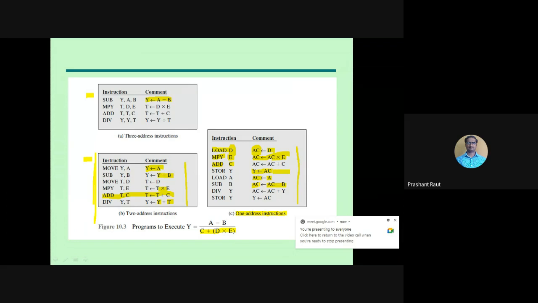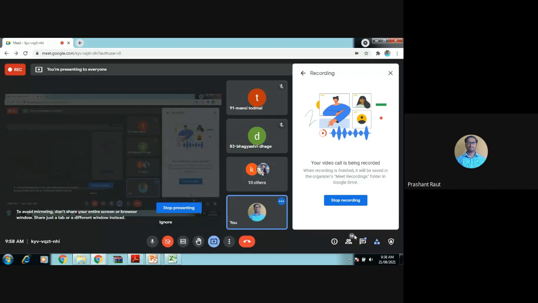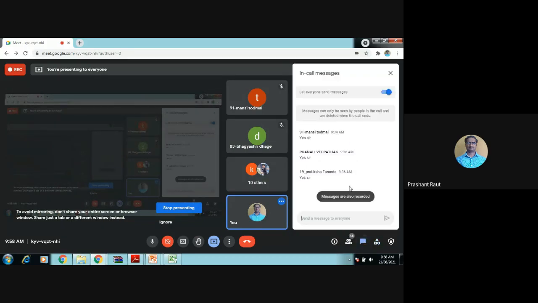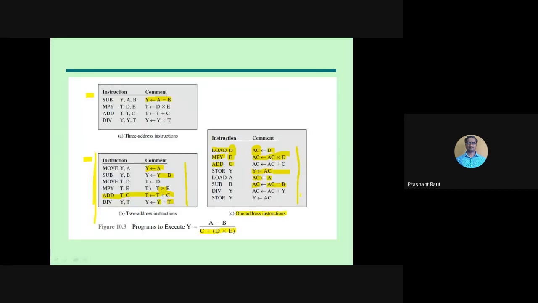You can write in the chat box or you can answer me orally. Okay, so right now our denominator we have stored here in Y. So Y already contains the denominator, and now the accumulator contains the numerator.